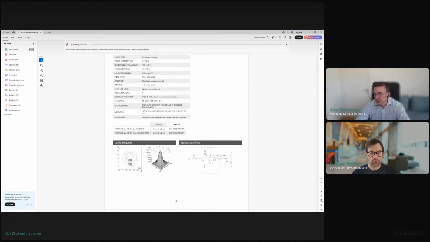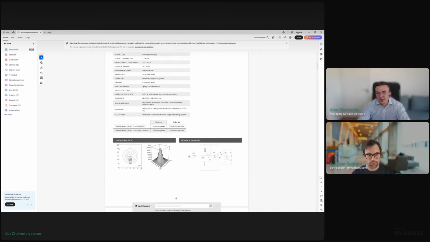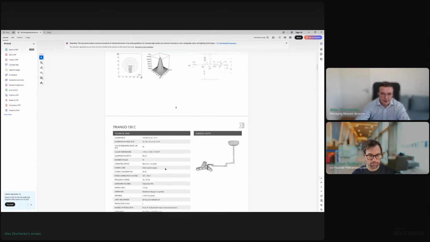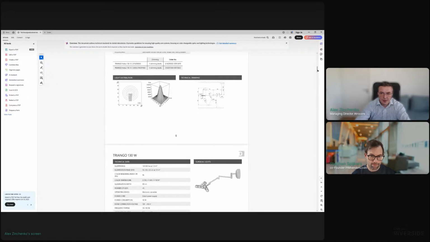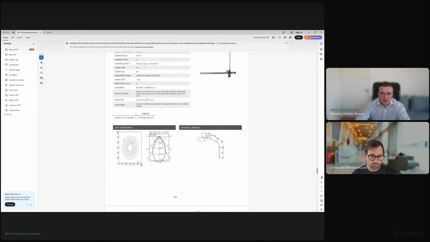So if I add an image to my product, I can assign, for example, a role for that image, and the role could be, for example, major image, technical drawing, or light distribution. And if the image is assigned to that role, we can determine in our script automatically where this image is to be placed on the template. Right. And here, this all ends with